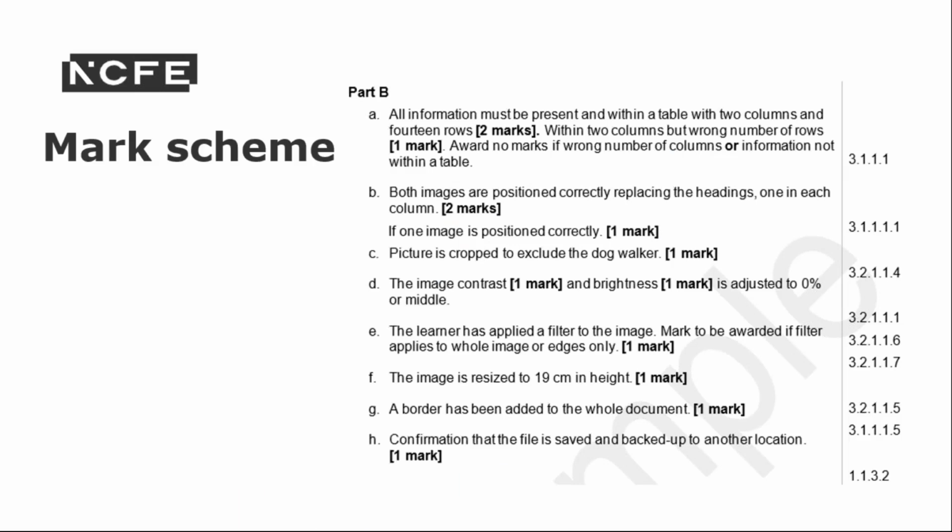Now, the mark scheme here is from the previous level 1 question. So it's fairly detailed, showing how the marks will be allocated if learners don't complete the task with complete accuracy. So for instance, in part A and B, if learners don't get the correct number of rows or columns for the table and say they only place 1 image in the right place rather than the 2 required for the 2 marks, the explicit nature of the mark scheme should make it simple to mark learners' work so that the standardisation within your centre is quite straightforward.